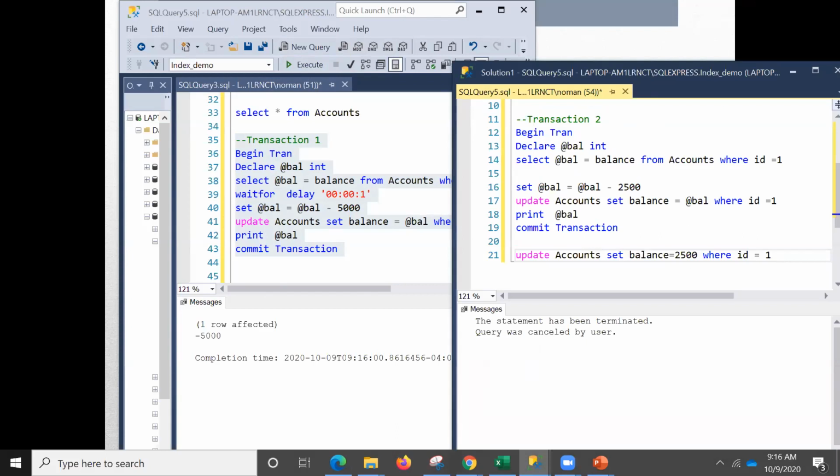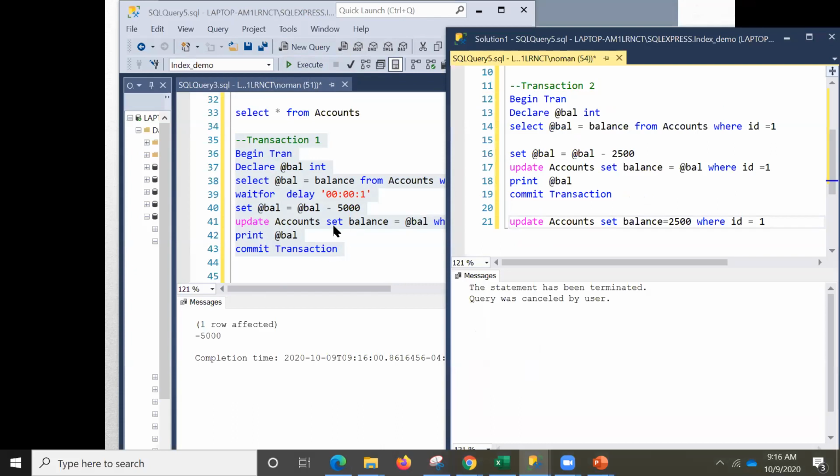Okay, anyhow, for those not working, I'll try to look into that, and maybe there is something wrong, but again, if someone is able to run that, you see what is happening. For those who have successfully run it, this transaction is making a change to the balance. Supposing it was 5,000, it will be changed to 2,500, and this transaction will run first. If you quickly check before the other transaction is completed, you will know that the balance of ID1 is now equal to 2,500.